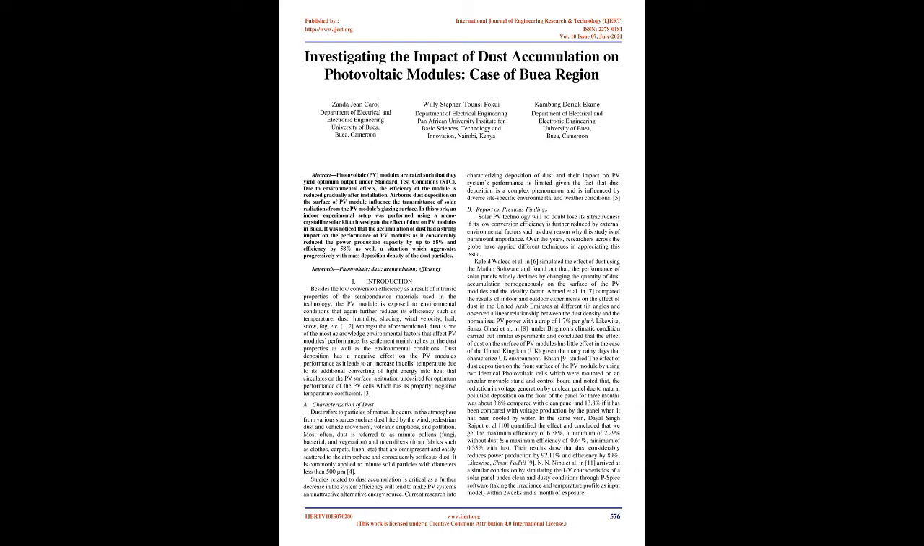A. Characterization of dust. Dust refers to particles of matter. It occurs in the atmosphere from various sources such as dust lifted by the wind, pedestrian dust and vehicle movement, volcanic eruptions, and pollution. Most often, dust is referred to as minute pollens, fungi, bacteria, and vegetation, and microfibers from fabrics such as clothes, carpets, linen, etc., that are omnipresent and easily scattered to the atmosphere and consequently settle as dust. It is commonly applied to minute solid particles with diameters less than 500 µm. [4]